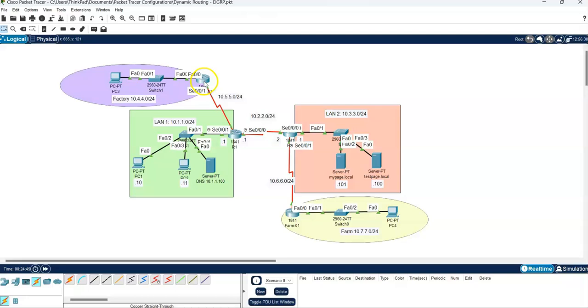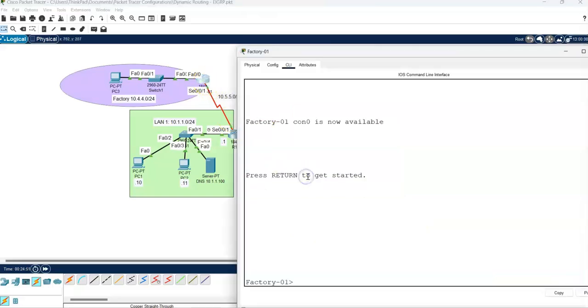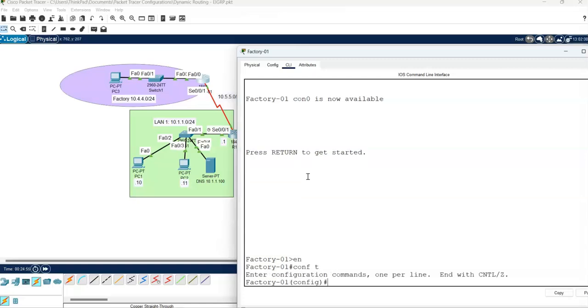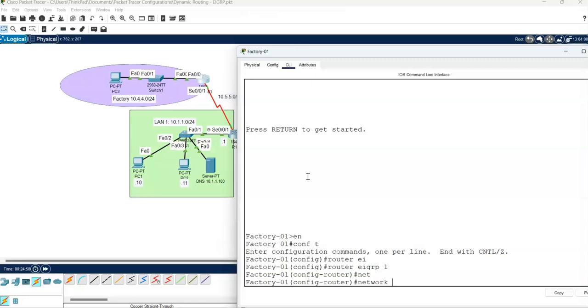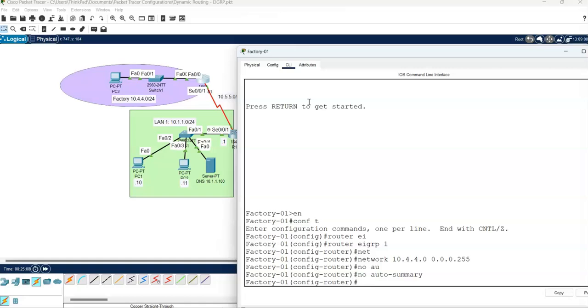This router also does not know anything about that one, about this one, about this one, about that one. So let's start with it and say enable, and I call it factory 1, conf t, router EIGRP 1, and then we advertise the connected networks 10.4.4.0, which is behind it here, and 0.0.0.255, and then we say no auto-summary,